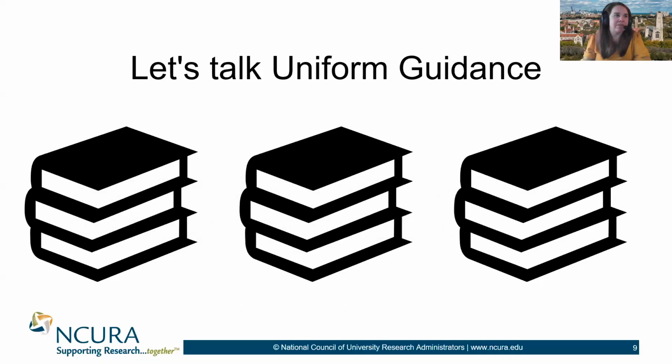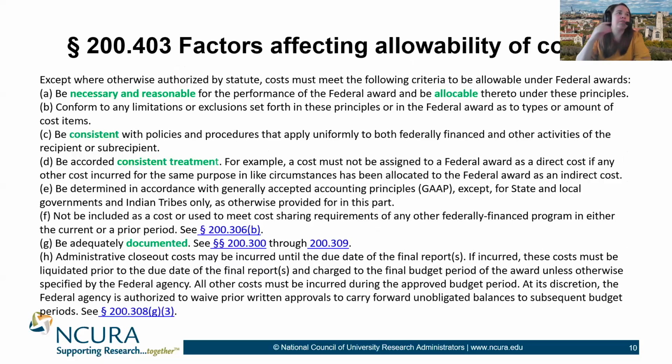So let's talk some uniform guidance. All right, so specifically in Uniform Guidance 200, or CFR 200.403, factors affecting allowability of costs. I think 1, 2, 3, 4, 5, 6. There are 8 points listed here, but there's really 6 key things that we want listed, and I've only highlighted